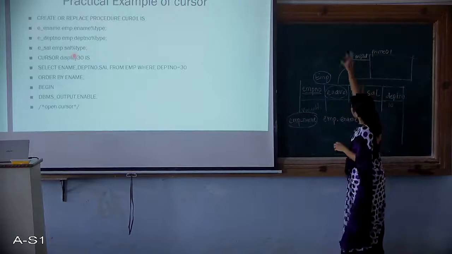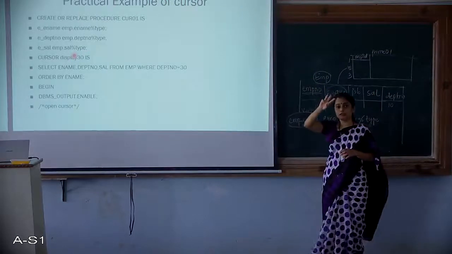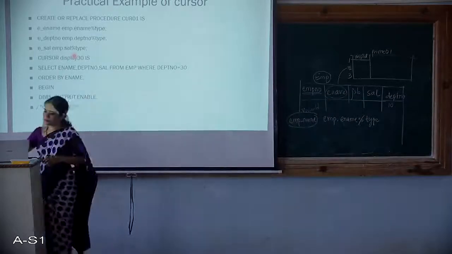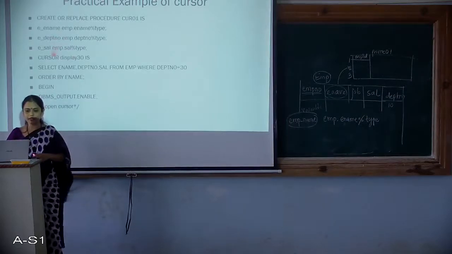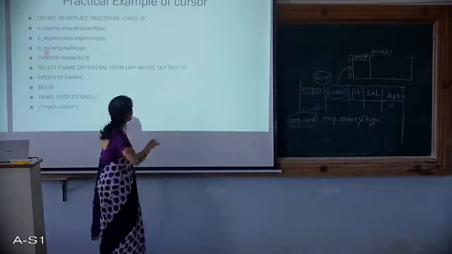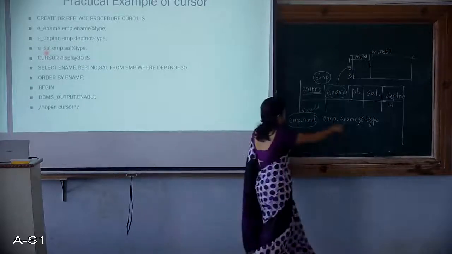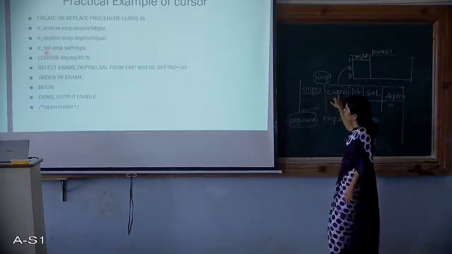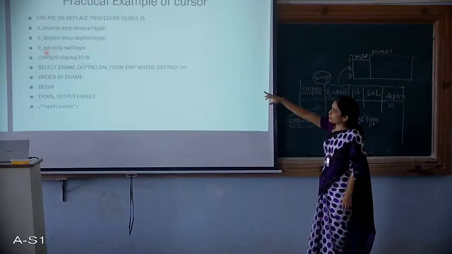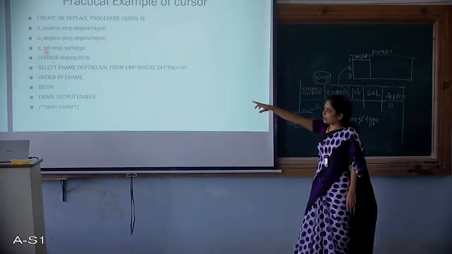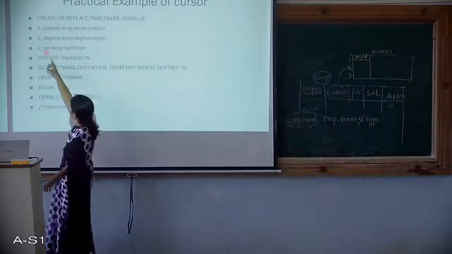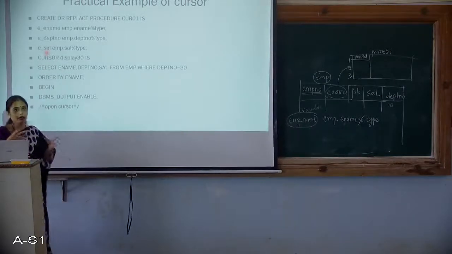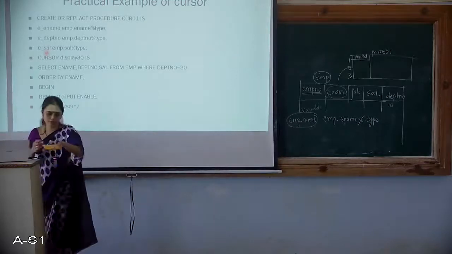I have created the cursor, but from the cursor I want to extract into three different variables, and those three variables are the EMP name, department number and salary. So I want to fetch into them. The first has to be fetched into EMP name, the second into department number, and the third into E salary. E name, E department number, E salary. So there you have to fetch.